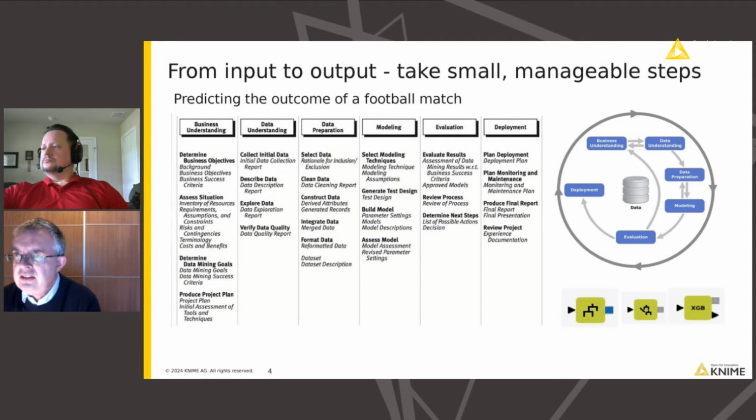And then when I have my data set as input for the modeling, there I started to model my football prediction model. Started very simple with just a small decision tree to see how my data helps me to predict the outcome. And then I had kind of a baseline of the outcome of my model and then improve from there. So in this phase of modeling, I was always a little bit going back to data preparation, modeling, to see if I can come to my ultimate